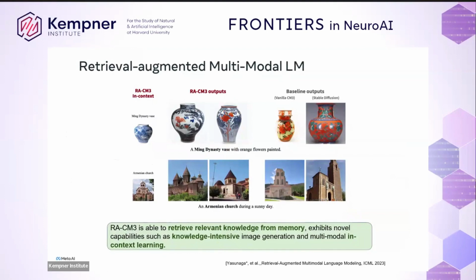This example here is a little bit complicated, but just looking at the bottom row, if you took a state-of-the-art model at the time on the far right, it didn't know what an Armenian church was. That's kind of long-tail knowledge. It has a particular kind of steeple. But if you retrieve one image of an Armenian church and put it in context for the model,